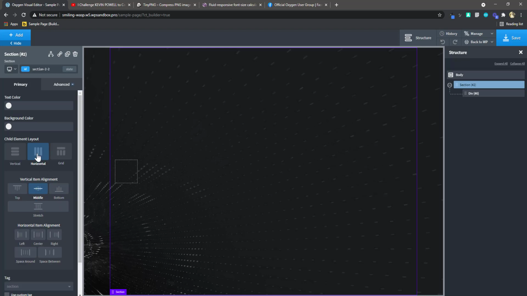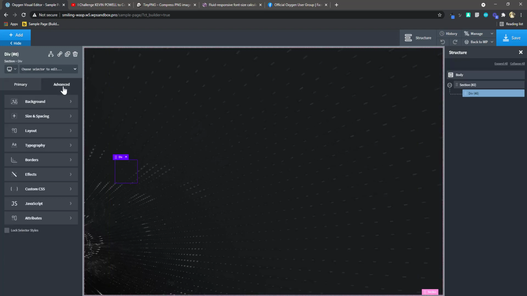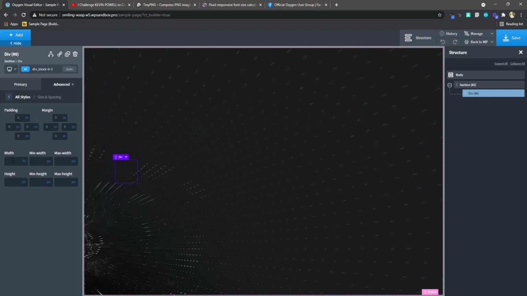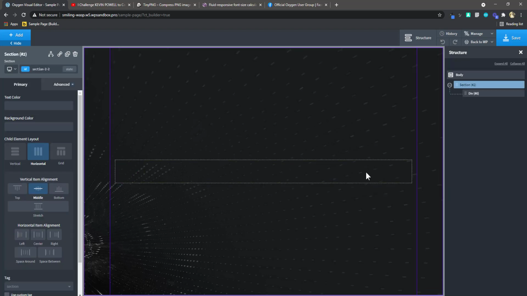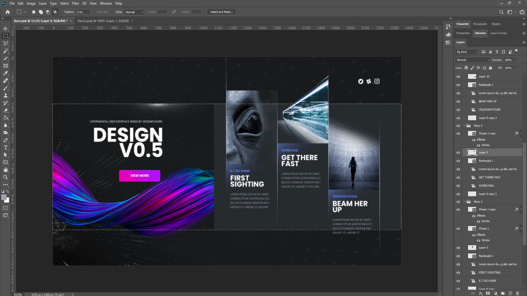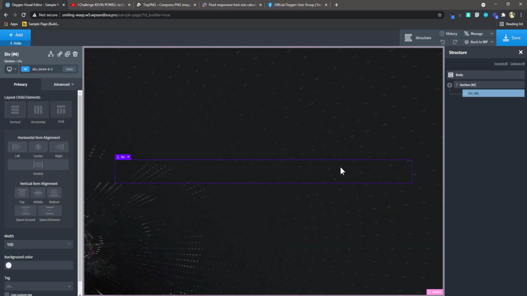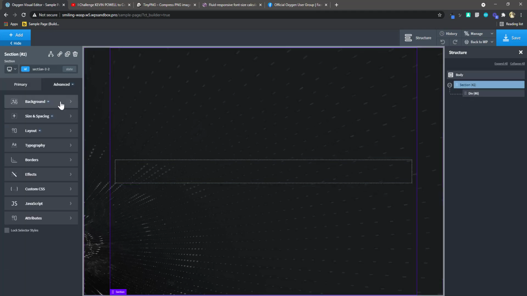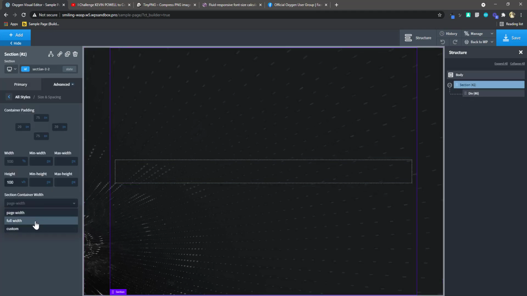All right, so I just want to put it there at the center, and then I'm going to make it 100% width. We find that it's not getting to the very end of our section. To solve that, I'm going to select the section, go to size and spacing, and change it to full width. It's still not getting there, but the section has a default padding of 20. I'm going to change that to,